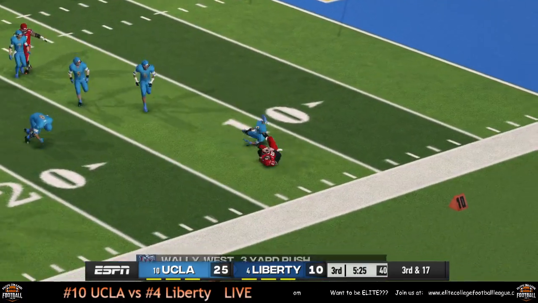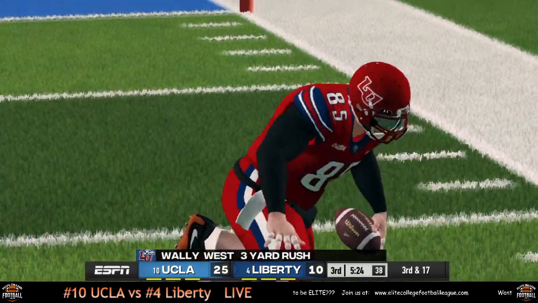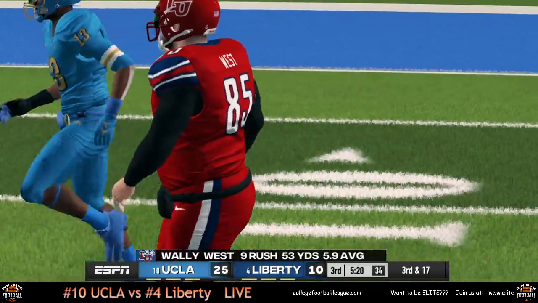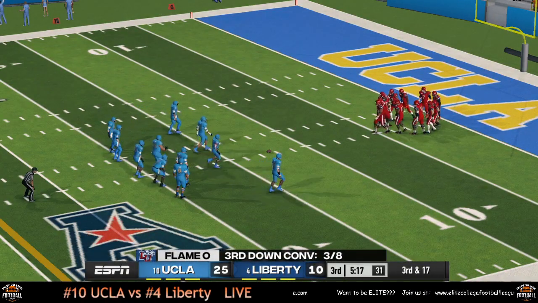Gonna hand the ball off, and Wally West is trying to get outside. Only picked up 3 there. Brings up 3rd and 17.